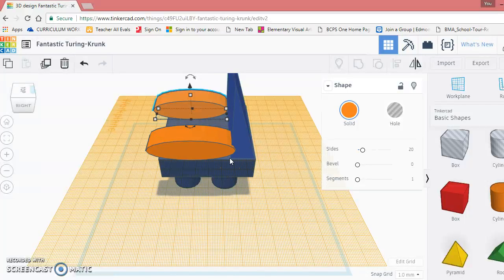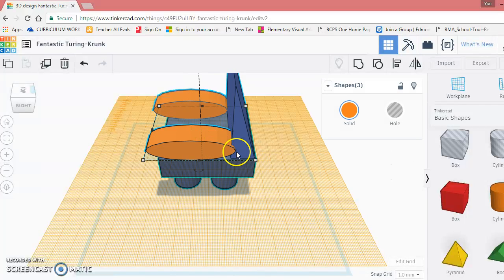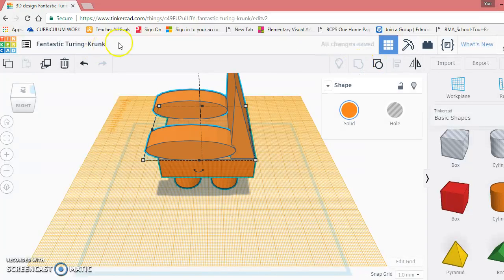It looks fantastic. I'm going to shift 3 shapes together, group it. I may change the name to My Chair,